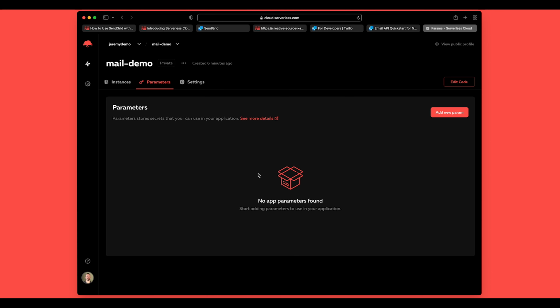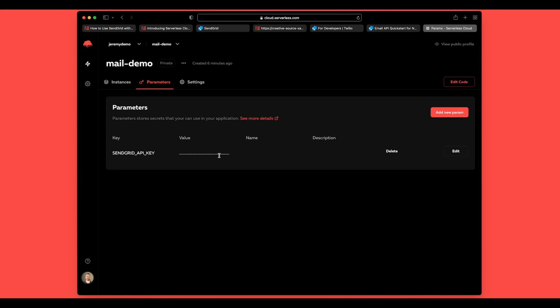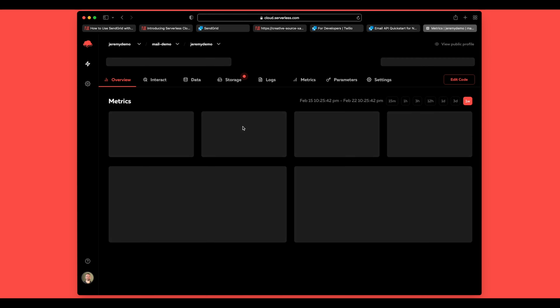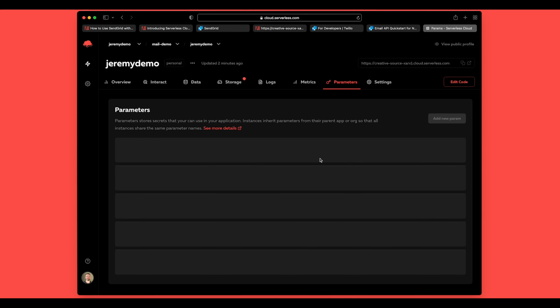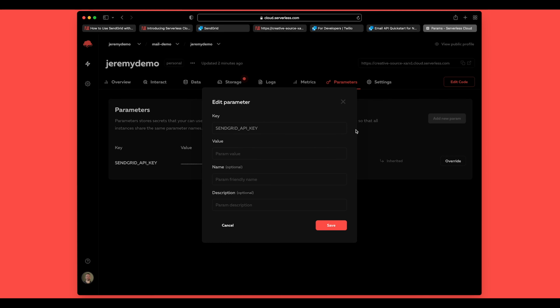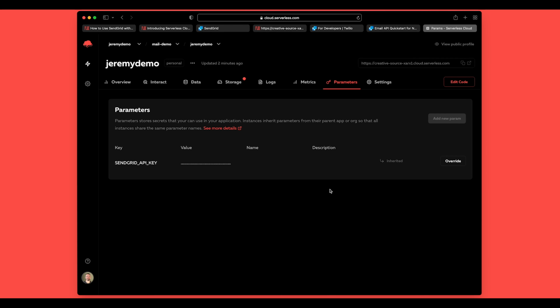Now the way this works is I'm saving this at the app level, and this key will populate down into all of my instances, all the different versions of my app. So if I go into Jeremy Demo here and click on parameters, we'll see that the SendGrid API key is here, it's inherited, and I can override it if I want to. This is great for any of your developers that are using this, or maybe a staging environment or previews of this. They'll all use this default key, and if I want to override it in production, for example, then just in that instance, I can override it. So anyways, we now have our key